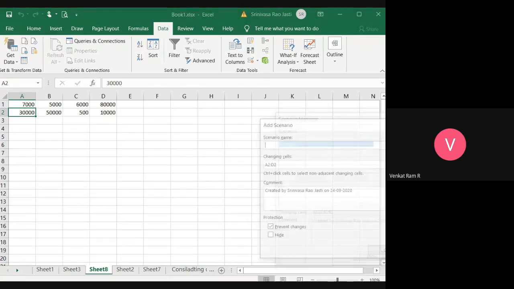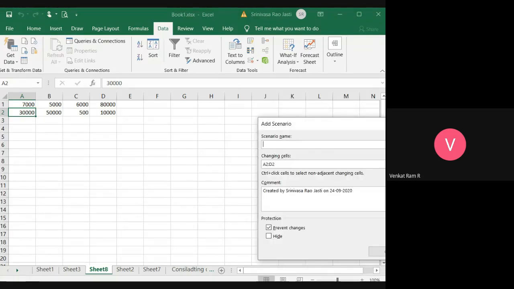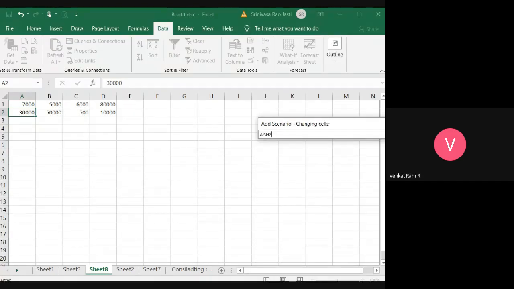Just click on add, select the cells, give the name, scenario name, and select the cells where you want, and then enter the data. Suppose if you want more, then I'll go for H2. Then what happens is, okay, see here.